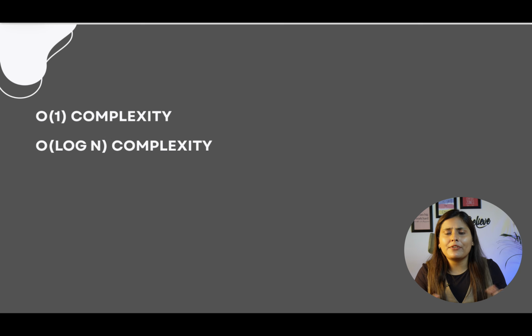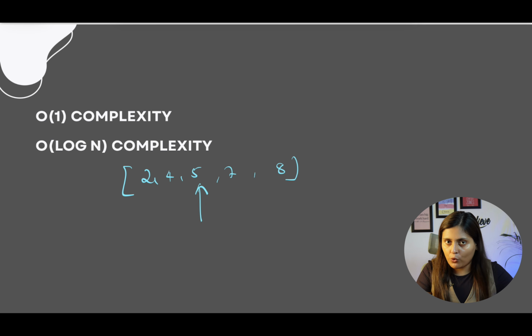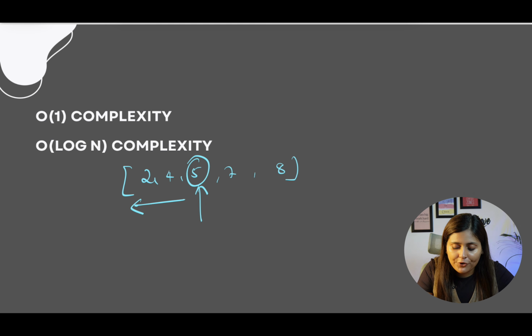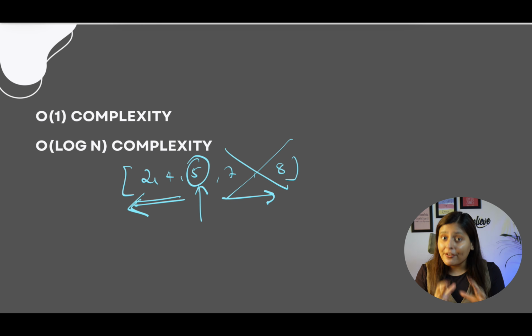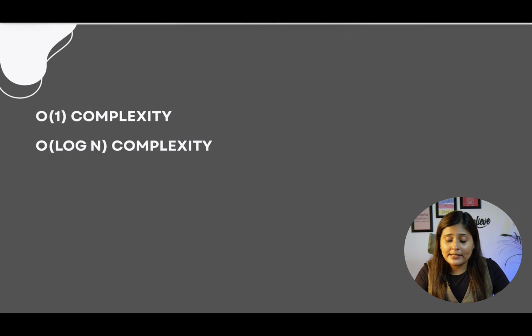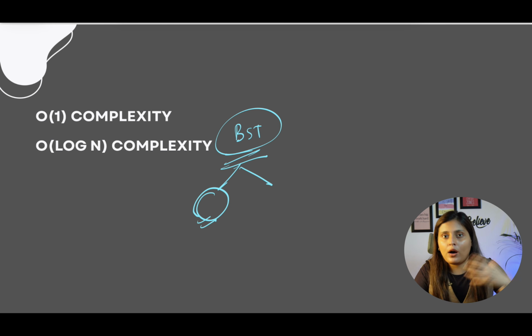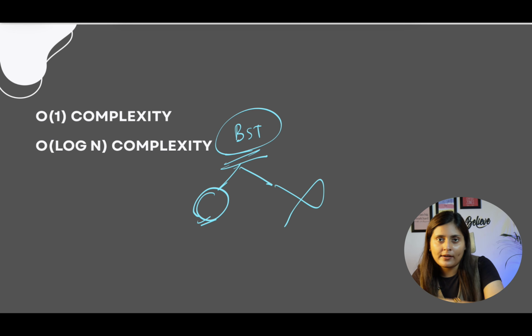Now about log n. Whenever we are given a sorted array, suppose 2, 4, 5, 7, 8, and we have to search for an element, definitely we want to go for the middle element, and then we go left or right. So we are actually deciding where to move and which part to totally eliminate. Means at every step we are eliminating half the part, and because of that it reduces our time complexity to logarithmic of n. So you can see this when you are given a sorted array, applying binary search. Or also you can see it in the tree, when you learn about binary search tree, like how you decide to go towards left because you have to find the smaller element, eliminating the whole right part, and so on.